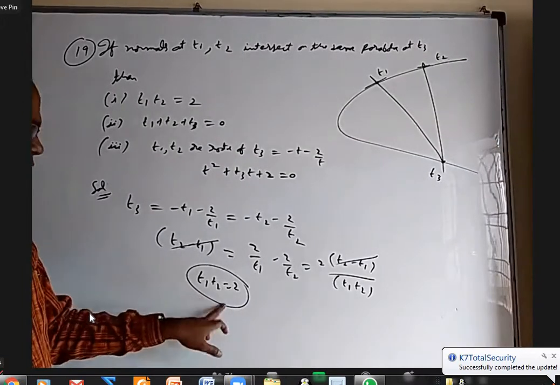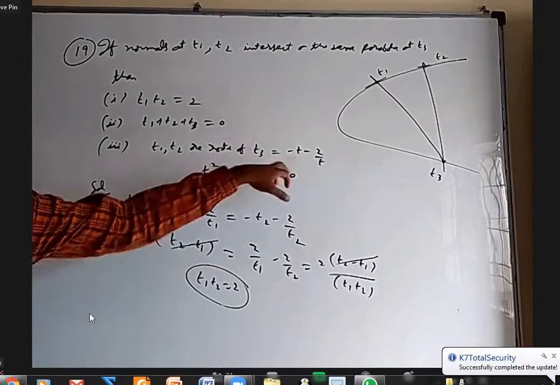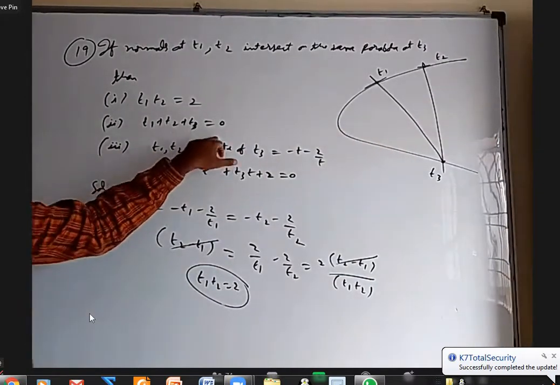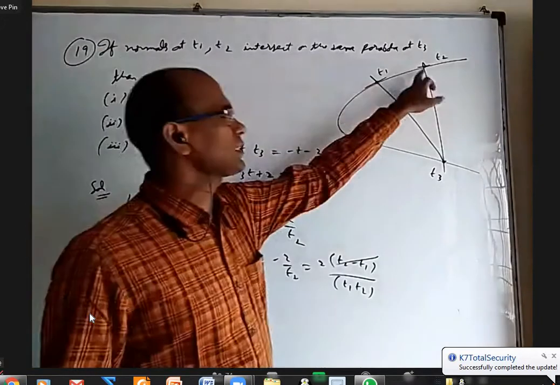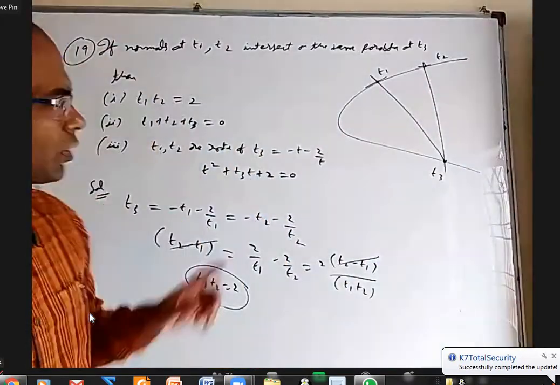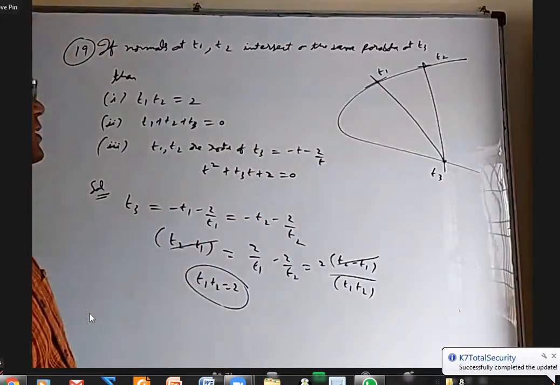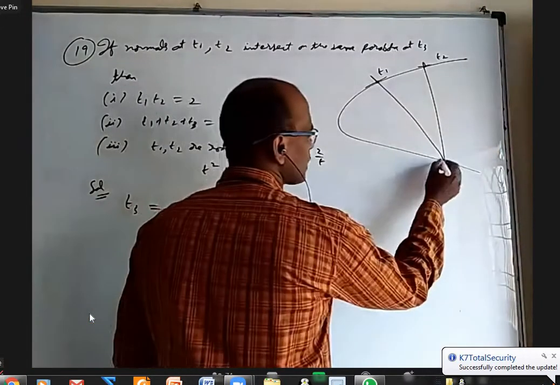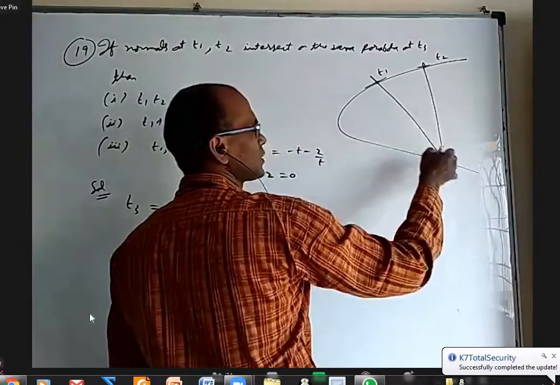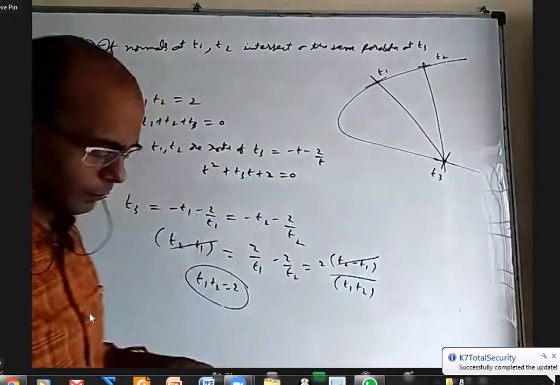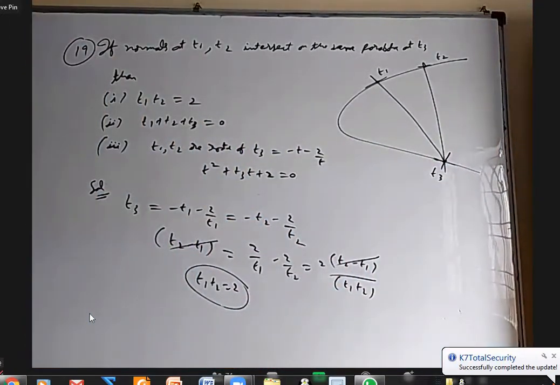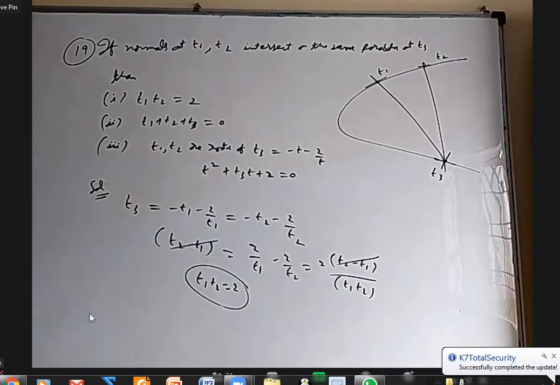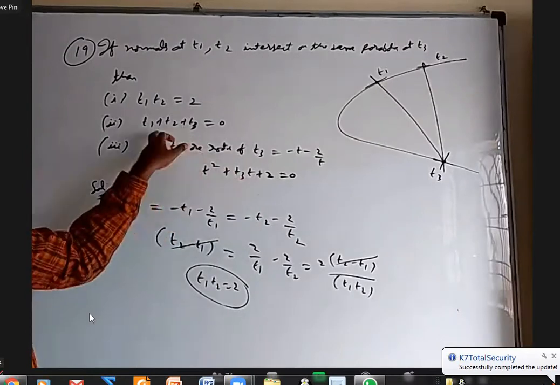This is one way to prove t1 t2 equal to 2, or as you can tell, for this t1 is a root, t2 is a root. Sum of the roots is 0, that is all. I can tell another way. If the normals at 3 points are concurrent, we already discussed about co-normal points that the sum of the t values is 0. You can say that also because at t3 there will be some other normal. You can say these normals are concurrent here. So based on that also you can say this second point. Or from this equation also you can say t1 plus t2 is minus t3.